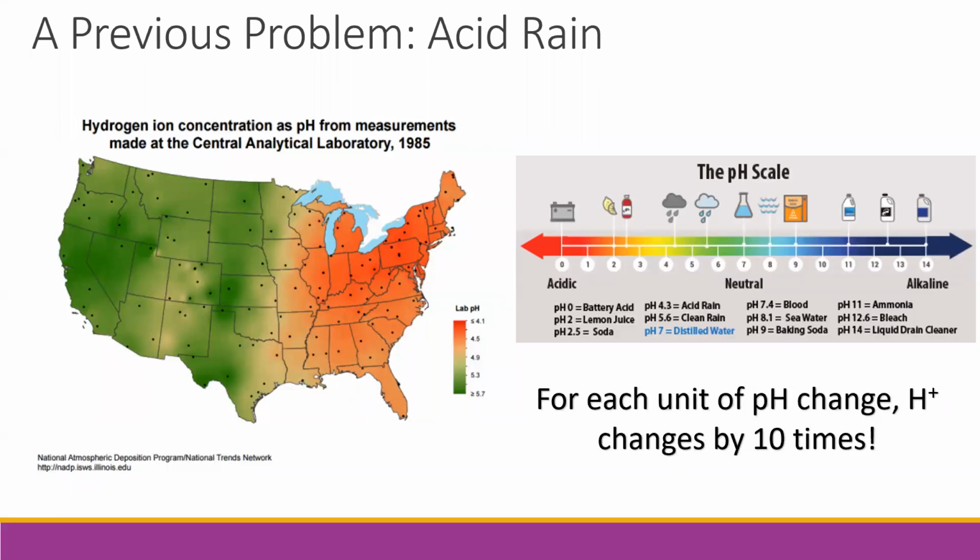Previous problem. So obviously the Northeast was hit pretty hard by acid rain, largely because of industrialism. But I'm just curious as to why on the West Coast, even in high population centers, it's not nearly as bad. Obviously West Texas and the Dakotas aren't super populated, so it won't be as bad. But how come Los Angeles isn't as bad, or Dallas, for instance?